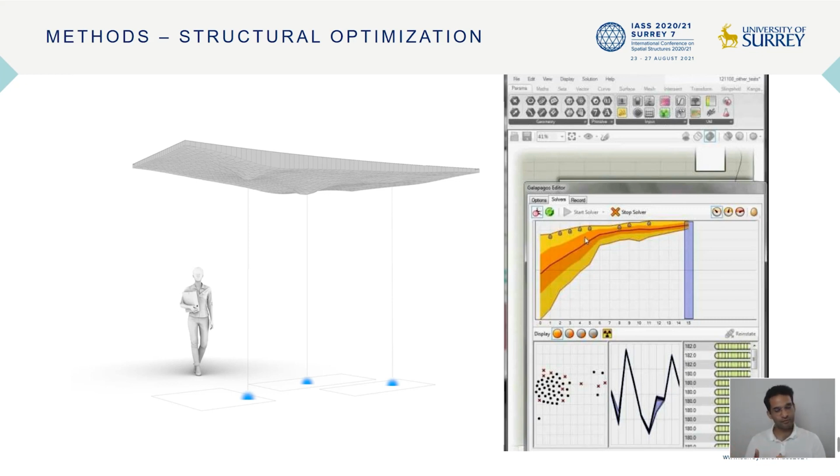That, of course, has a few variables, such as the support structures. In our case, we have columns. This could be symmetrical or asymmetrical. Here we have just 3, just to explore this idea. And then using Galapagos evolutionary algorithms and Karamba 3D for the structural optimization, we did an iterative form finding of